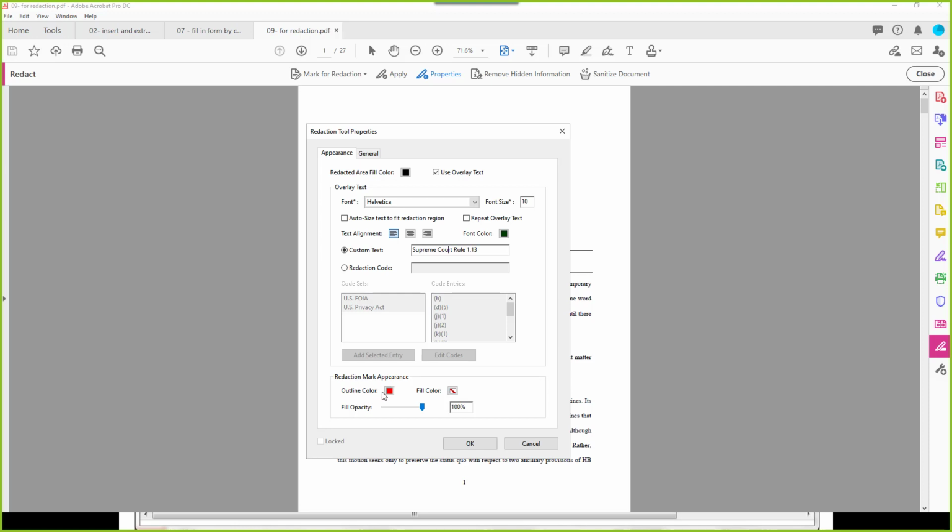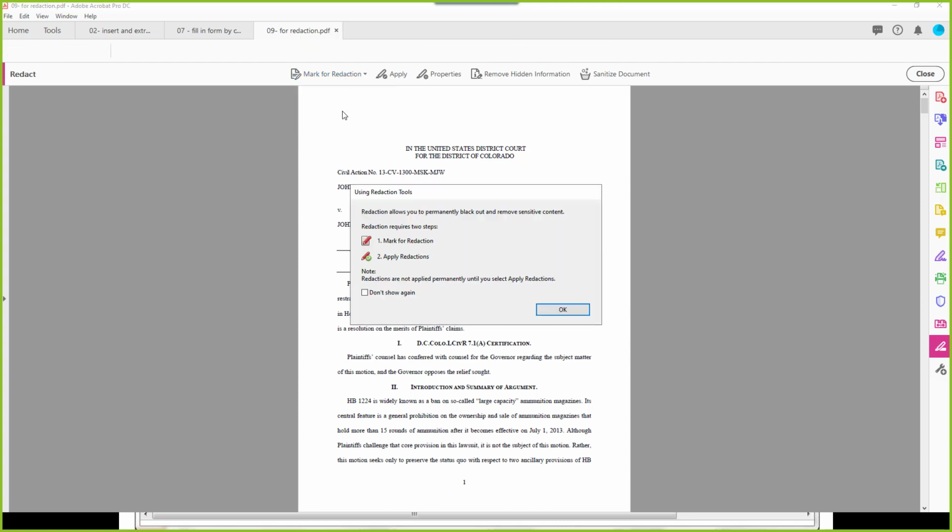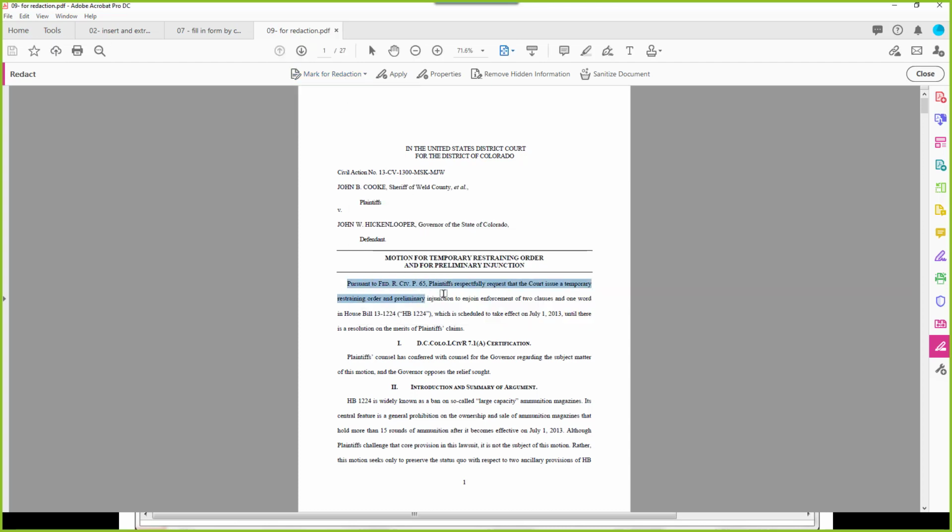The marked appearance, red is nice because you can see it, and we are going to have to go back through this and make sure that everything that should be redacted is before we apply it through a review process. So we're going to have it red so it's really easy to see, and click OK. It's not going to fill it in. I can have it filled in with any color I want to, but I probably want to be able to see what it is that is redacted, and you'll see why a little bit more in a second. Click OK. And so we're going to mark text for redaction, so I can just draw a box over this,